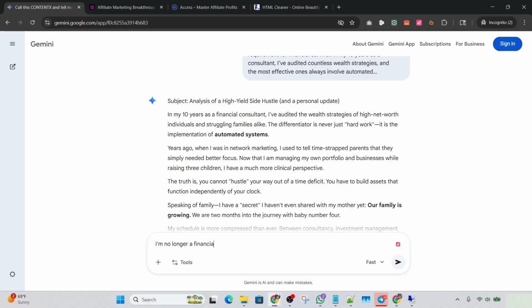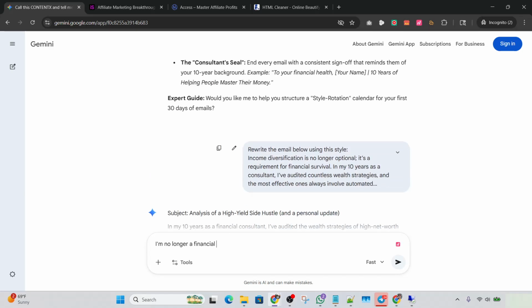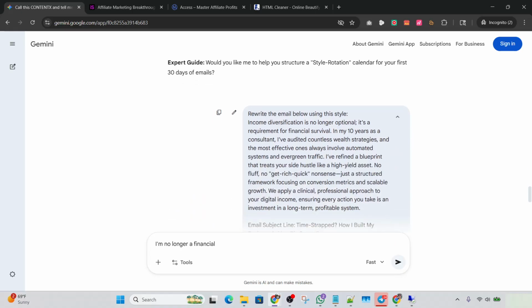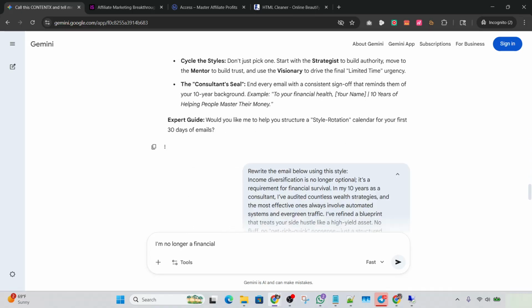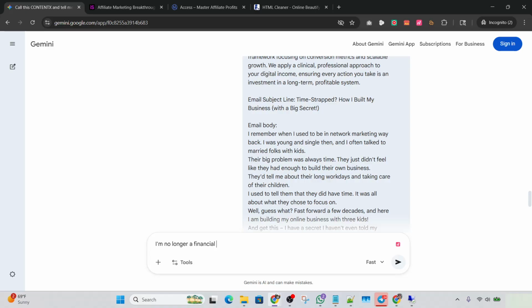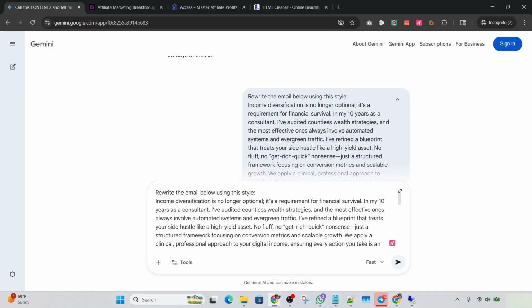I could probably put that in that writing style prompt, the one that I pasted in, as far as, let's see, it's in here. This whole thing with that income diversification line, I think that was the no nonsense strategist. So I could say I'm no longer, I'll just show you how it's done. I'll go ahead and just copy this whole thing again. And then I'll put this on the top. I'm no longer a financial consultant. You could put this before or after.